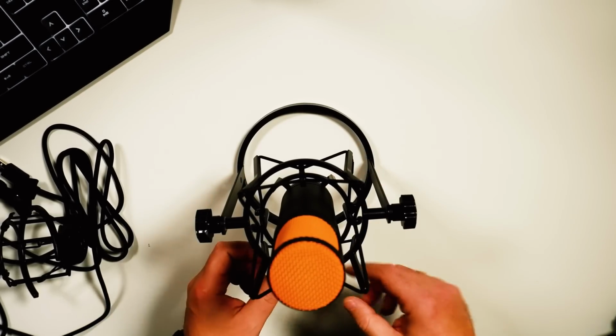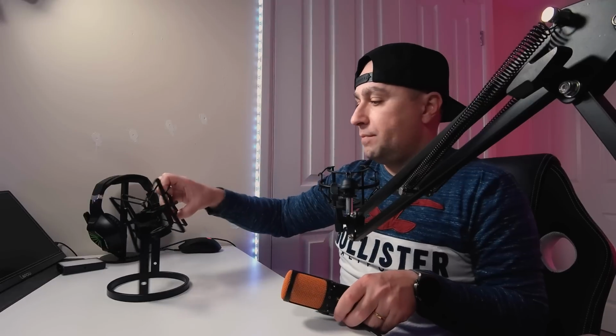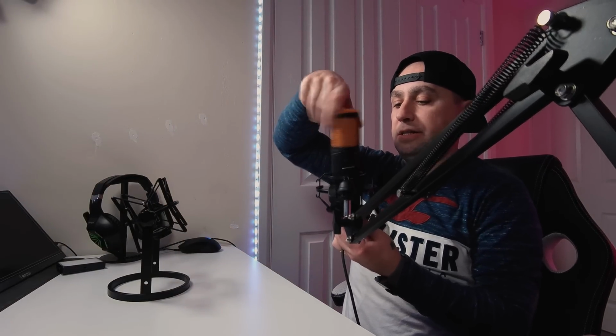It's a nice stand. So the microphone comes without the stand, so it will come with a shock mount here, this one here. So you can mount the microphone here, for example, and with the boom, like with the arm, you can speak like that. For example, let me show you how to do it. I'll do it in a minute. Hang on. Let's move the stand away from here for now, and let's put it here quickly. As you guys can see, it's so easy to